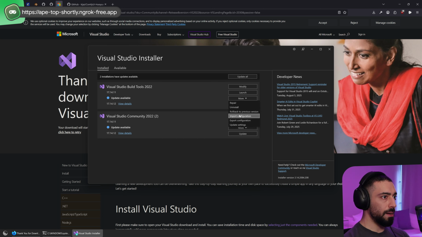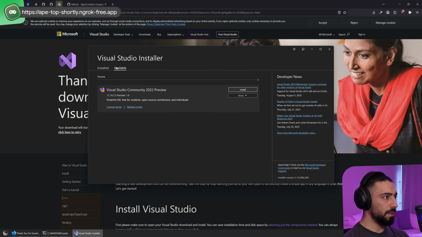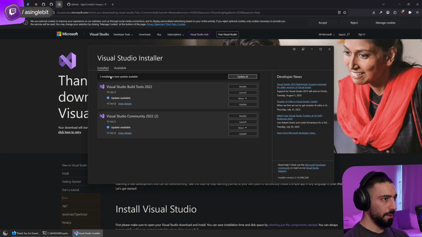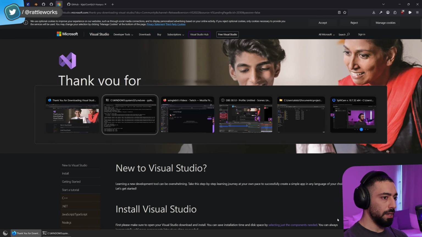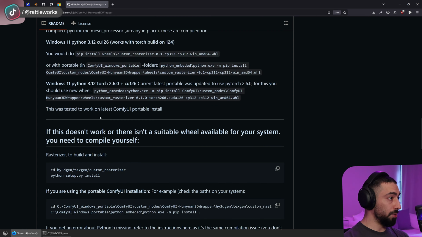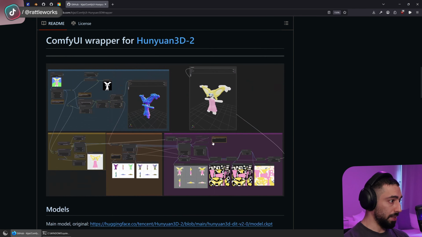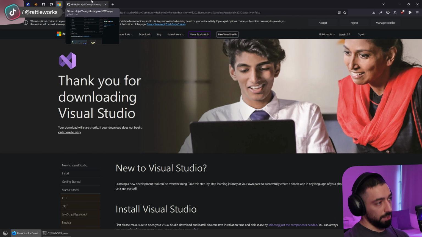Yeah, so this should be enough, because the main thing you want is the MSVC toolchain that would allow you to compile C++, because that is needed to do this step, basically. But now that you have the thing installed,